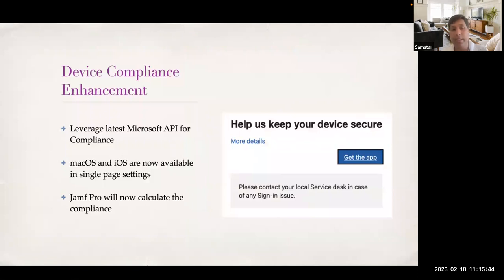Device compliance enhancement. So we all know that device compliance was there with iOS devices. The enhancement is now device compliance is in a single page with macOS and iOS. This is leveraging the latest Microsoft API. I am not sure if you guys are familiar, but the guys who have integrated Jamf with Azure AD and